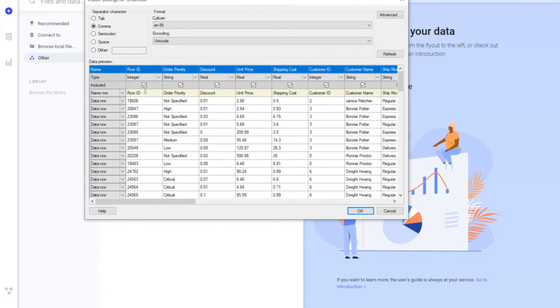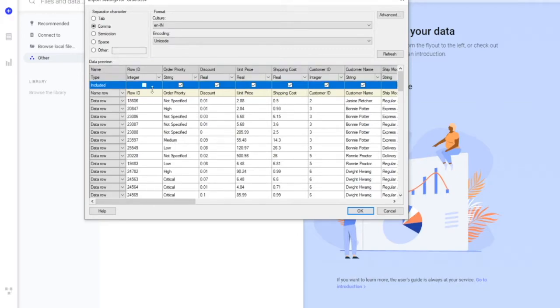Means if you don't want to load any unrequired columns, any unwanted columns, then you can just uncheck them. Those columns will not be included in your data load, and you can avoid those unwanted columns. Now let's say I don't want to load row ID, I'll just uncheck this and I can load all the data as it is.